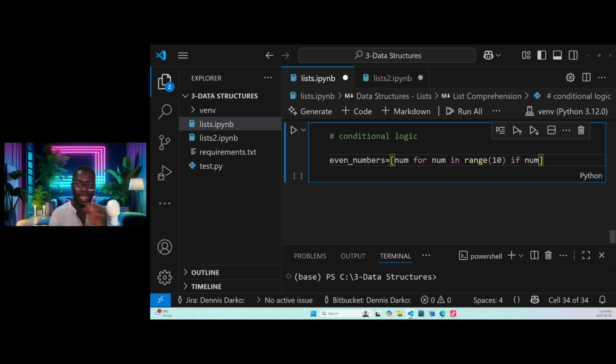You see how I'm writing everything in one line. This is the efficient code. If the number modulo 2 is equal to 0, then